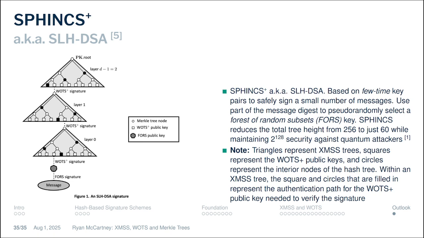Then we have an outlook. As I mentioned at the beginning, the outlook is SPHINCS+, which is a stateless signature scheme, which combines our extended Merkle signature scheme multi-tree variant and still combines these trees with one-time signature plus signatures, so the WOTS+ signatures. But at the very bottom, we use this forest of random subsets, which allows us to have a few-time signature,